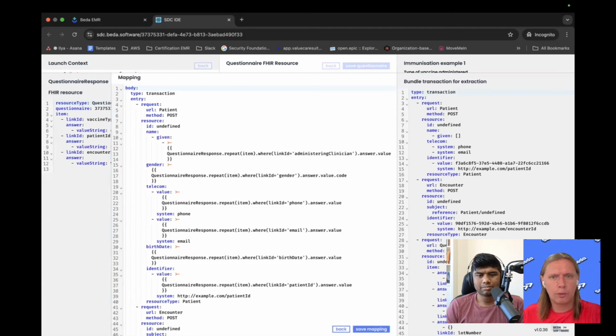So if we stick with the SDC specification, you have three options to make a mapping. First one is observation-based, and you just create an observation. Another one is definition-based, where you create any FHIR resource, but the shape of the questionnaire should match the shape of the FHIR resource you are going to create. And the third one, the most powerful, is FHIR mapping language, when you need to define a mapper with this